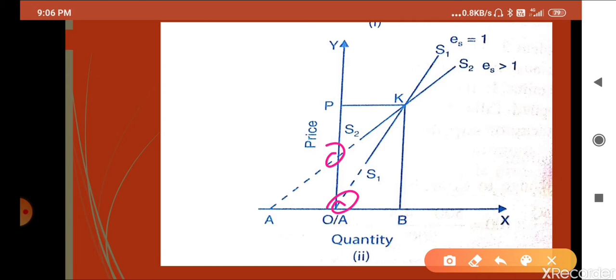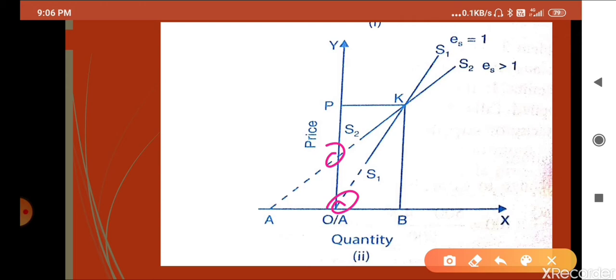We will first point out the x-axis and y-axis, and where it is pointing out, by that we can find out whether elasticity will be more than 1, less than 1, or unitary. So only three determinations we can make by this method, that either the elasticity is more than 1, less than 1, or unitary. Not more than that. It means we cannot find the numerical value. That is possible only by the percentage change method.